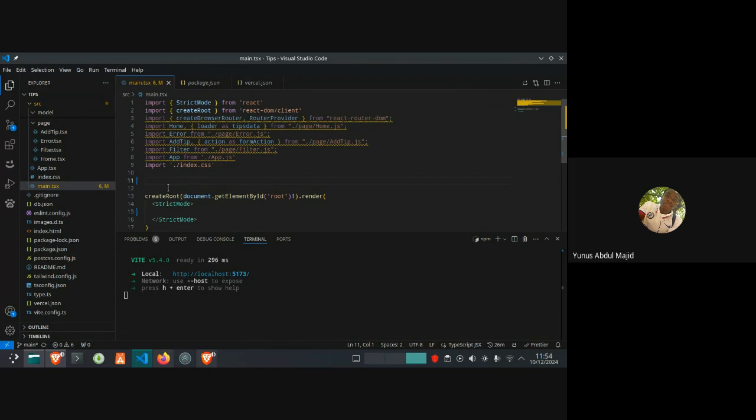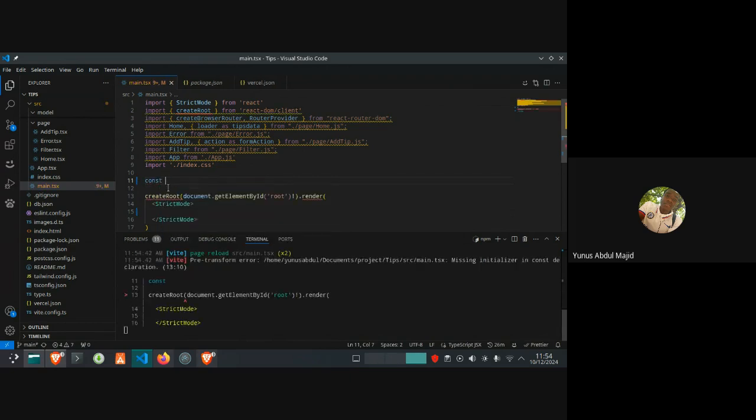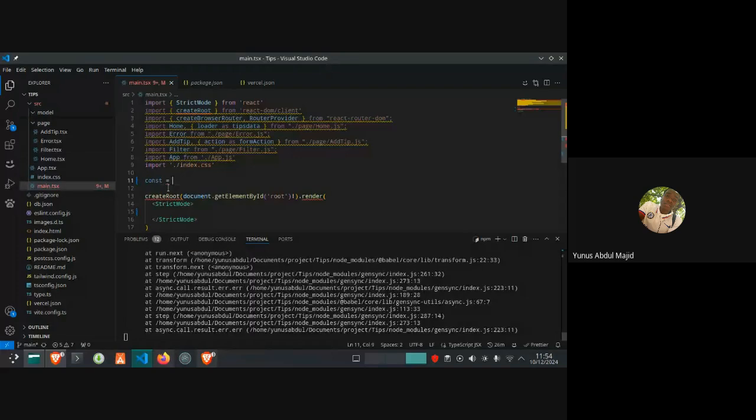We'll make use of another routing mechanism from React Router, unlike the one you guys used last week. This is another method, and this is the method I use mostly because I prefer my routing like this. So create a variable, I can name it router or anything I want.